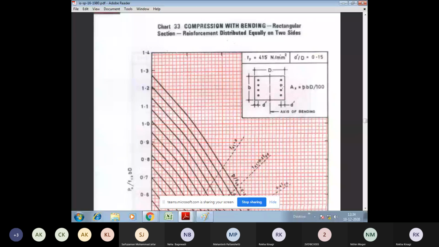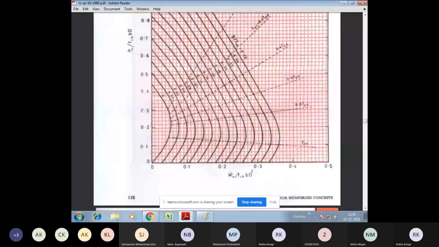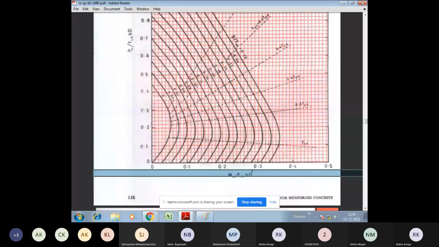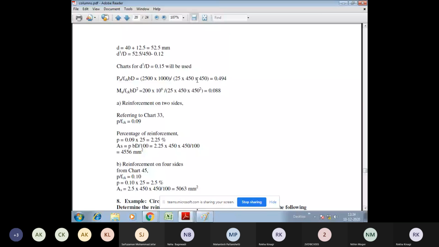The reinforcement is on only two sides. Steel grade is 415 and D dash by D value is 0.15. With these parameters, now I want the value of Mu by FCK BD square and PU by FCK BD. If I know these two values, I make them intersect at a particular point and read the value of P by FCK for that respective curve. Now for the reinforcement on two sides, referring to chart 33,